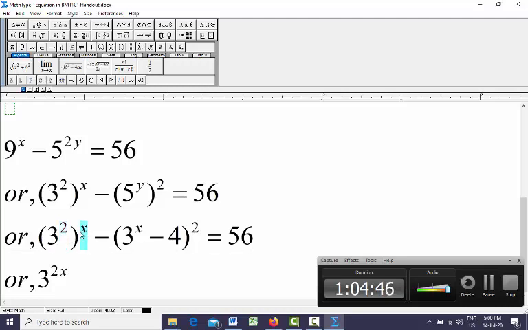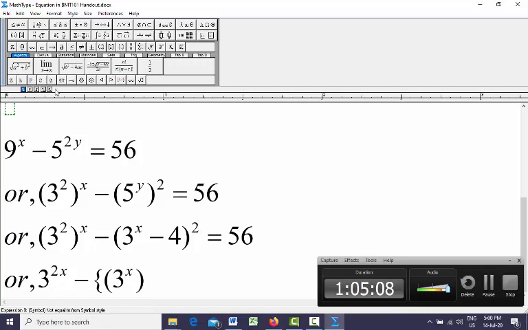So these two powers will get multiplied by each other. So we have 3 to the power twice x minus 3 to the power x